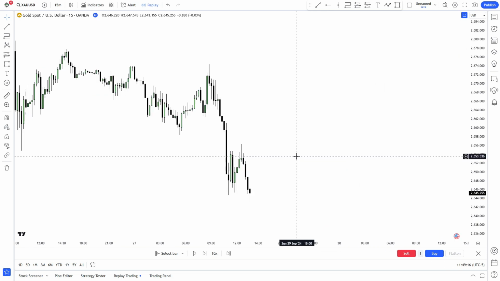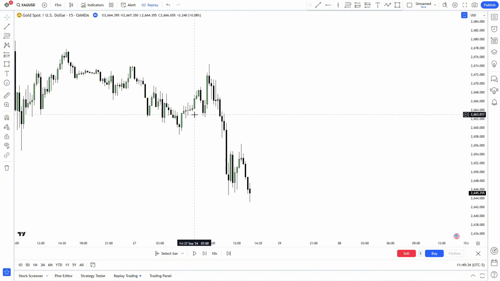Okay guys, here I am now on a 15-minute chart on gold. So again, same logic, but this time we're going to be showing an example of what it will look like for a bearish breaker. Okay, so right here we have this swing high here, trade above it there before getting energetic displacement